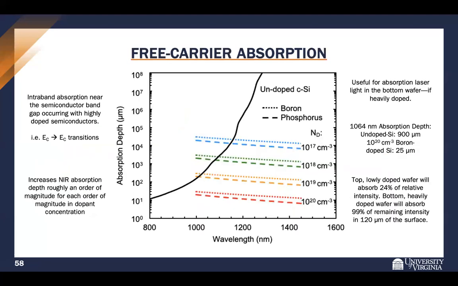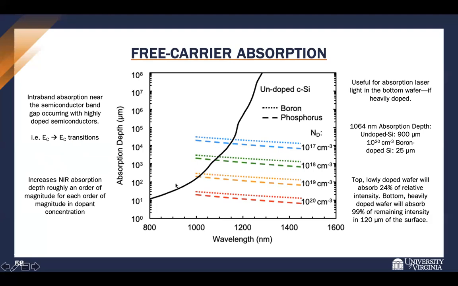One thing I exploited was free carrier absorption. This is typically thought of as a parasitic process for solar cells. It's an intraband absorption process where, with highly doped semiconductors, an electron already in the conduction band can absorb more light and transfer to a different position in the conduction band. So you don't get any photocarrier generation, but the optical energy is lost. How this works is it basically increases the near-infrared absorption